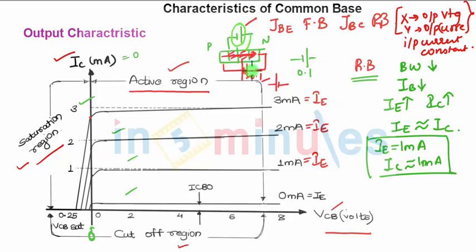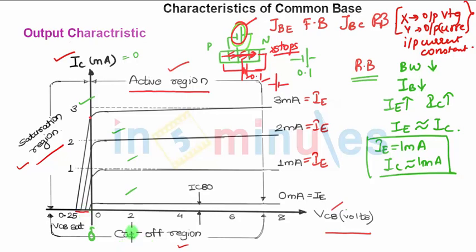So what will happen in this case? If VCB is reduced further, that is, the change in polarity happens, JBC will be forward biased, and the potential barrier across JBC vanishes, and hence drift of electrons from base to collector stops. So electrons will not drift from base to collector and IC becomes 0. This is how IC becomes 0 in the saturation region. Since both the junctions are now forward biased, the transistor enters the saturation region.